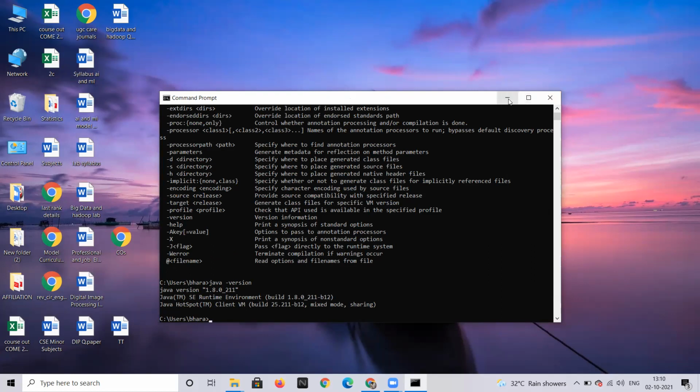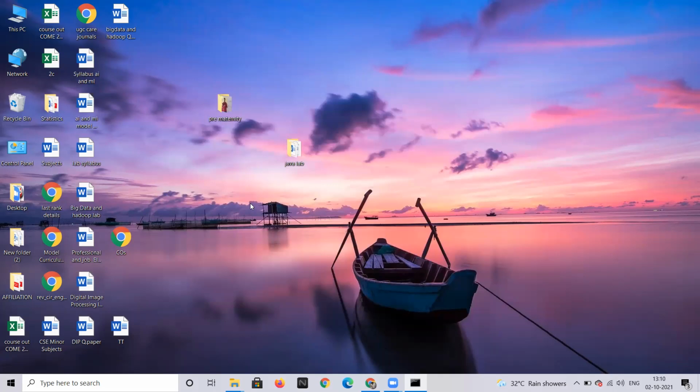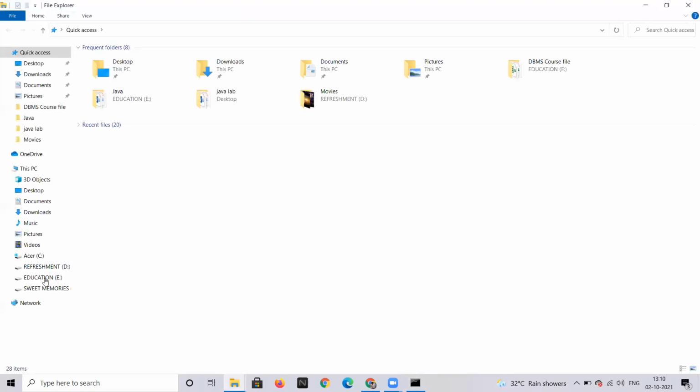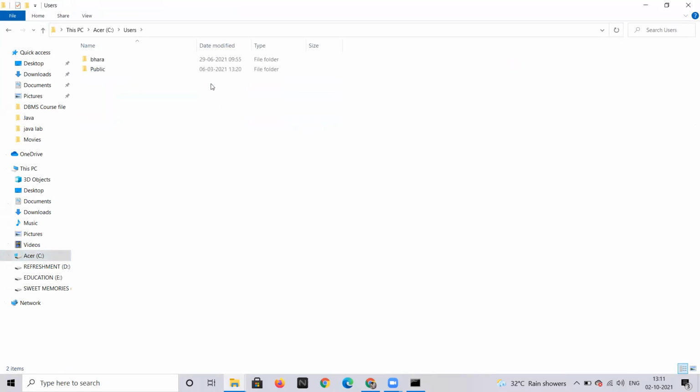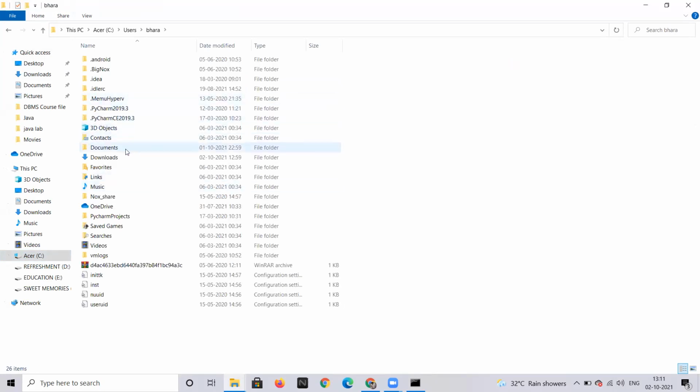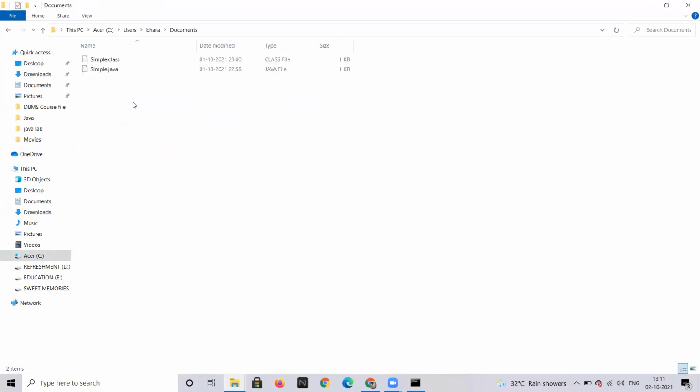Now we will execute one small program. For that, I have already typed one program here, so I will open it. I saved that in the documents folder, where I wrote one simple Java program.